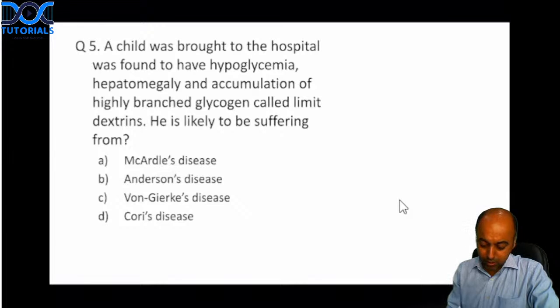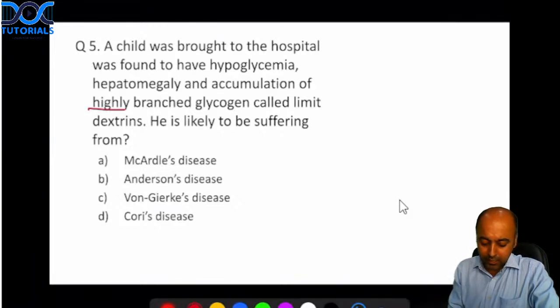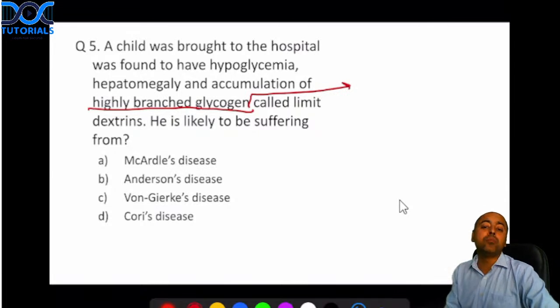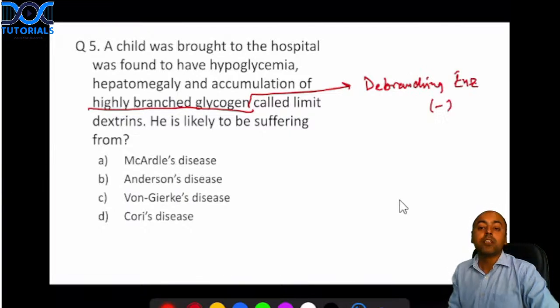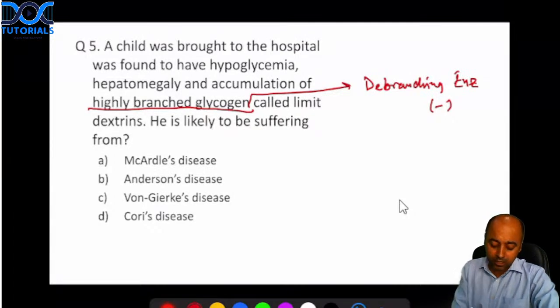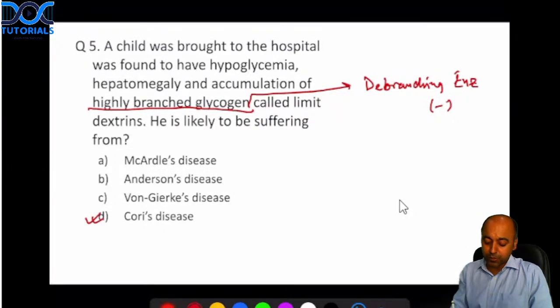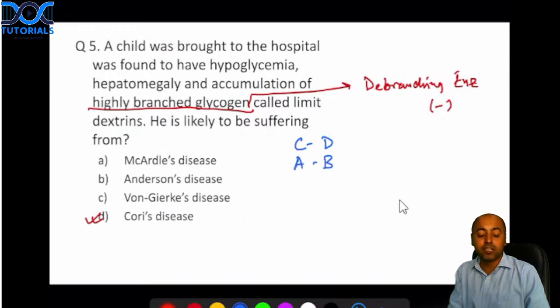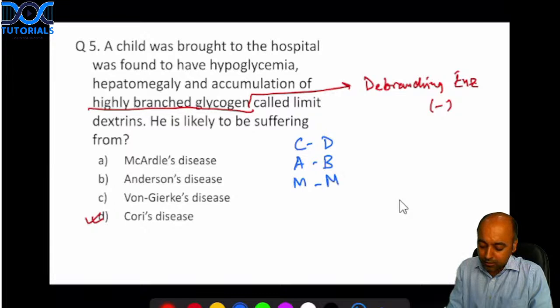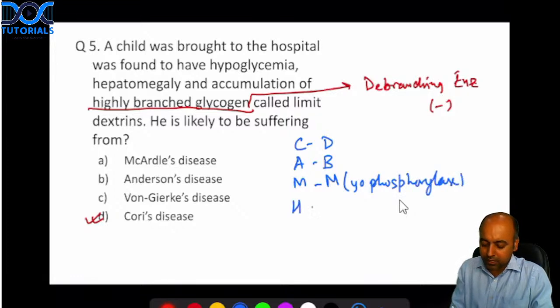So you can see here, highly branched glycogen will be formed when the debranching enzyme is absent, and the debranching enzyme is absent in Cori's disease. Very simple way to remember: in Cori's, the debranching enzyme is absent. In Anderson's, the branching enzyme is absent. In McArdle's, the myophosphorylase is absent. In Hers, the